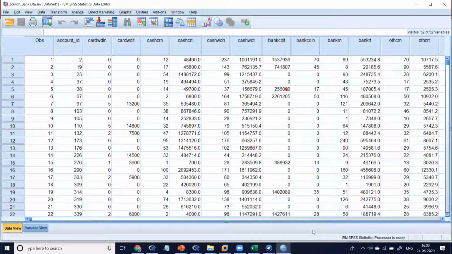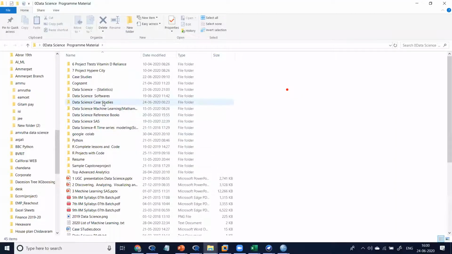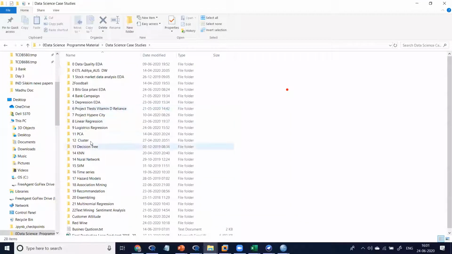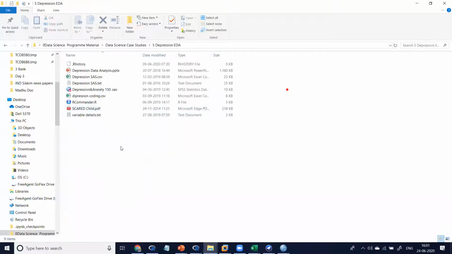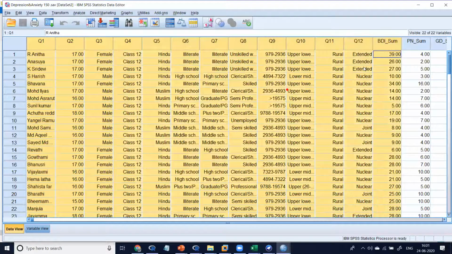I'm going to take this data, which I'm showing. Now I will show one more case study. We have beautiful case studies: why tenth class students are depressed and anxious, why people are committing suicide, why people are becoming antisocial. I did one project for Dr. Pattabhiram, a group of psychiatric doctors.